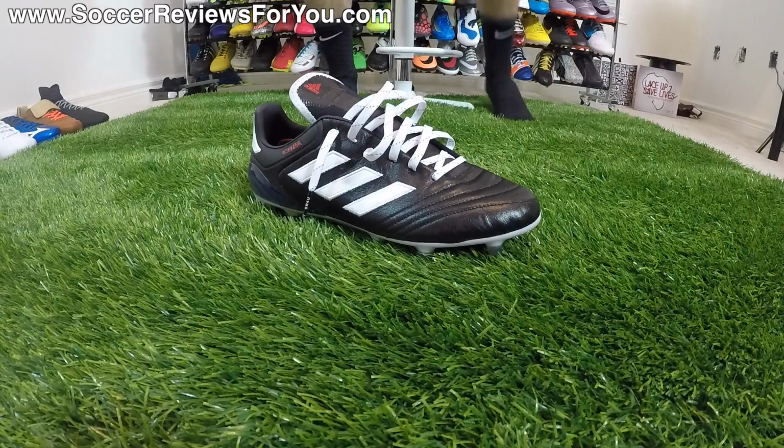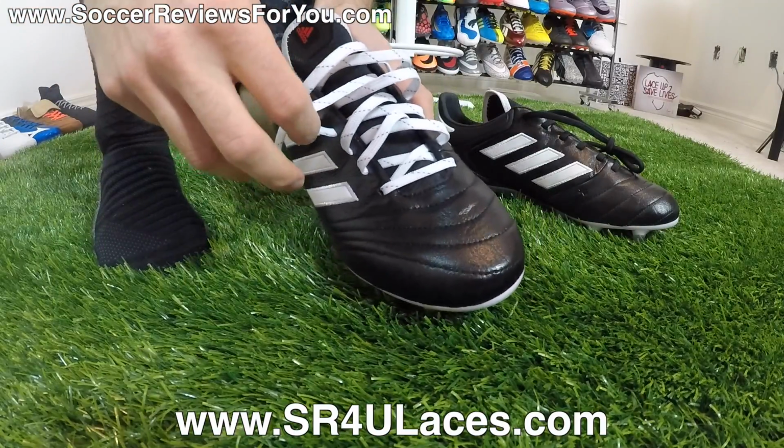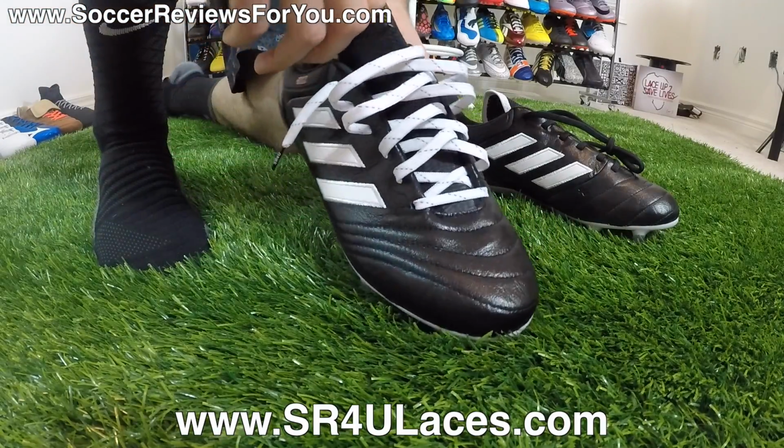Now, in regards to the fit, let's take a look at that. So you can see on the right shoe right here, I have a pair of wide white reflective SR4U replacement